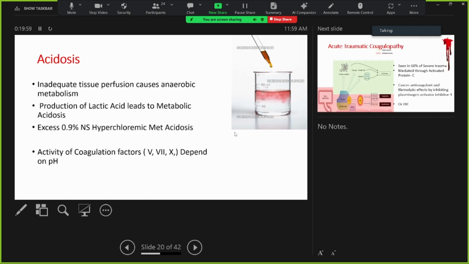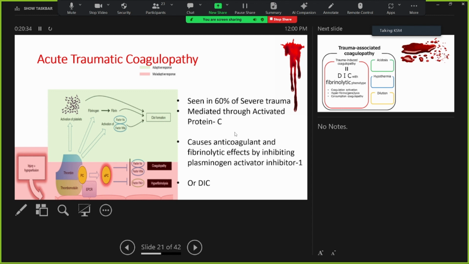And acidosis, so usually the lactic acidosis will happen because of the inadequate perfusion. And also, if you give a lot of fluids like normal 0.9% saline, it can cause hyperchloremic metabolic acidosis. Most of the coagulation factors, especially factor 5, 7, and 10, depend on pH. So if the pH gets acidic, the activity of these coagulation factors decreases, and it will cause coagulopathy in this patient. So the acute traumatic coagulopathy,